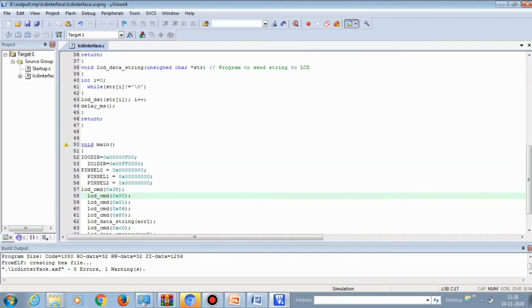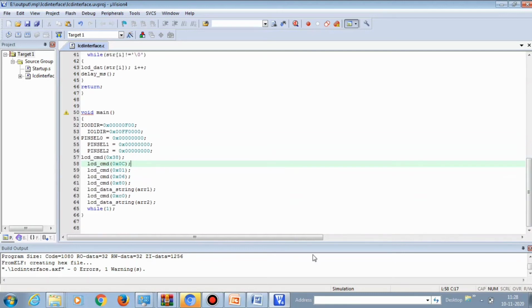Then LCD command is given here. This is to set the LCD in a particular mode, and then we are giving the LCD data string in order to receive the two arrays, that is ILAC systems, and the second array is Nellai. This continuously executes and produces the output in the LCD because it was given under a while(1) loop, so it will execute continuously until we reset the program.